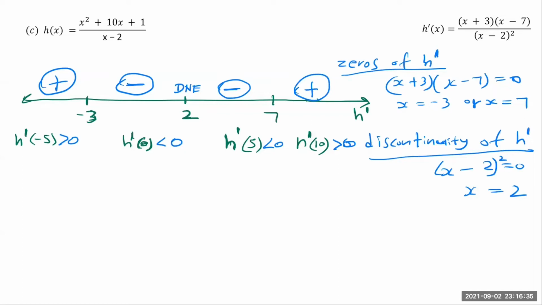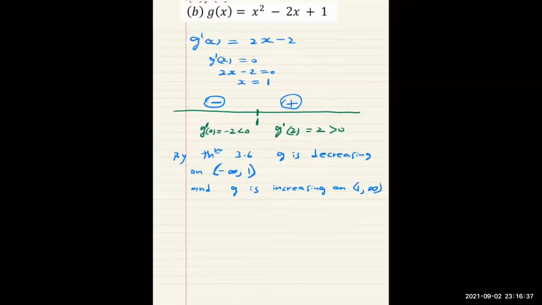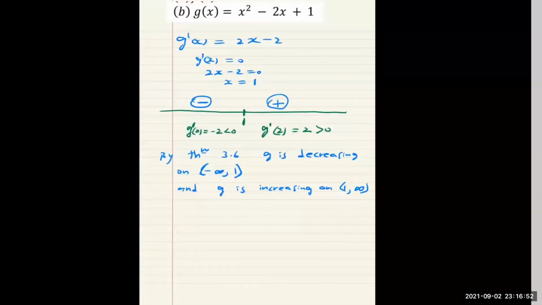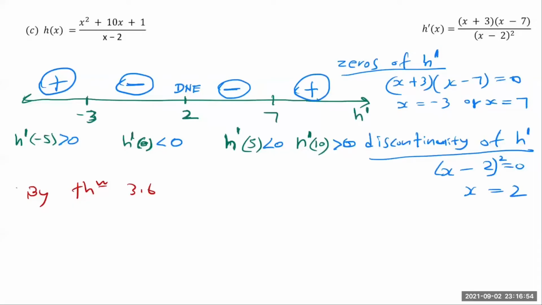Now I can use theorem 3.6 to find where my function is increasing and where it is decreasing. By theorem 3.6, let's make sure that the theorem number is correct. By theorem 3.6, h is increasing on